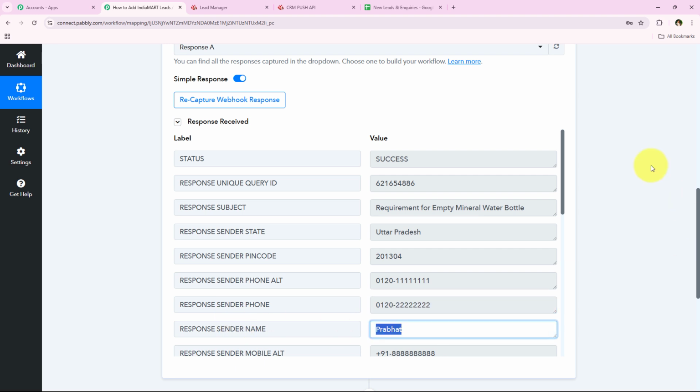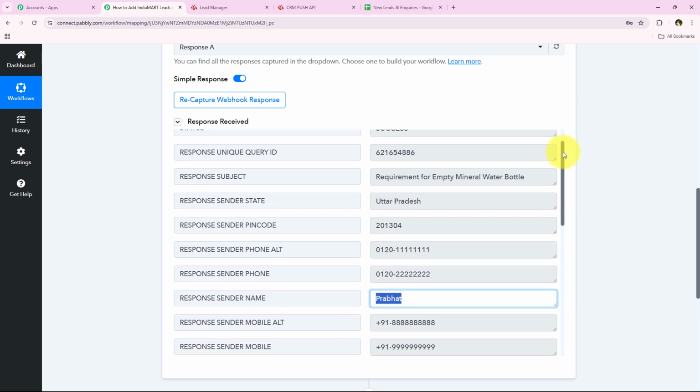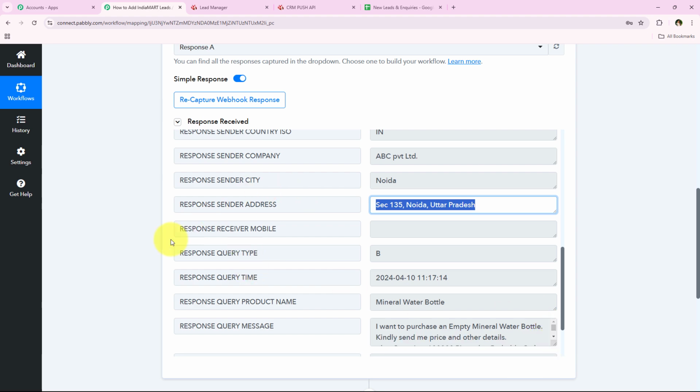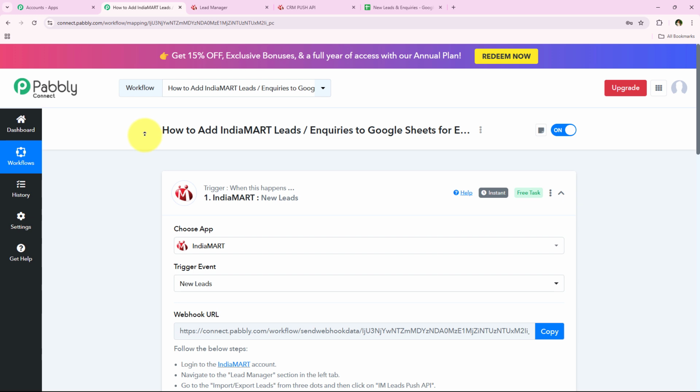You can see the phone number, the sender's name. Over here you can see the mobile number of the sender. We are going to move on forward. Right over here you can see the sender's company, the city, the address, and over here you can see the query message, right? So yes, with this we have successfully completed our trigger step,